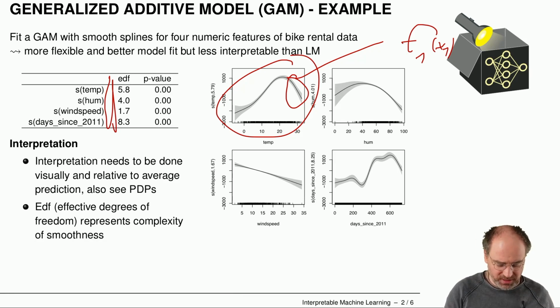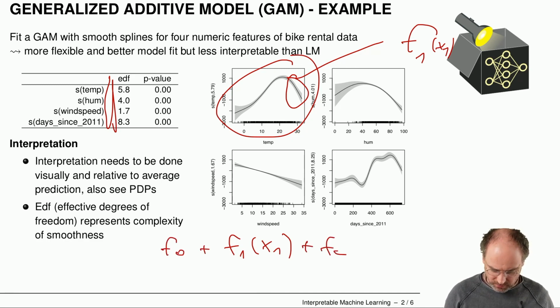What I do want to say is that if we have such a model class like a GAM, with this additive structure, I'm going to be lazy and just write this down for 4 features like here. So we'd have a structure like this. Maybe let me write down an intercept term here. Now we have a function for f2. Well, okay, I'm just going to write it down for the first 2. This here